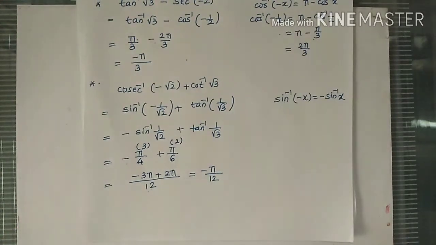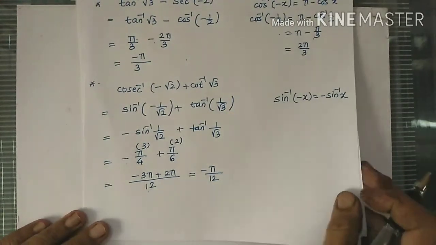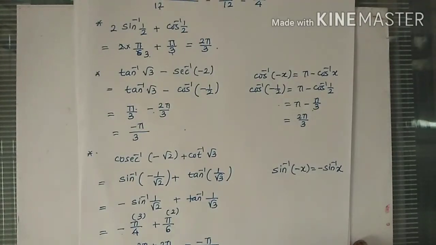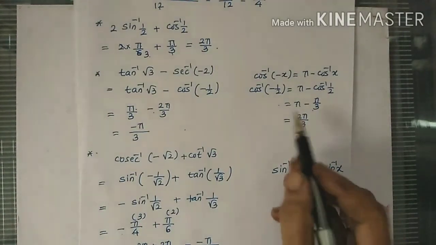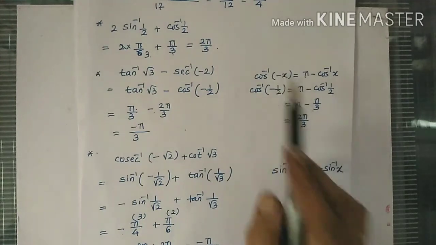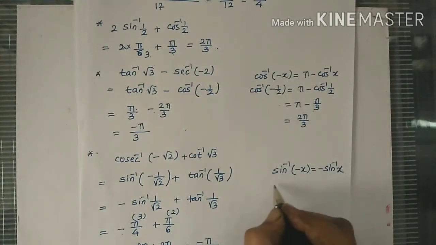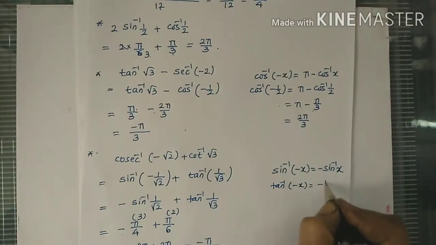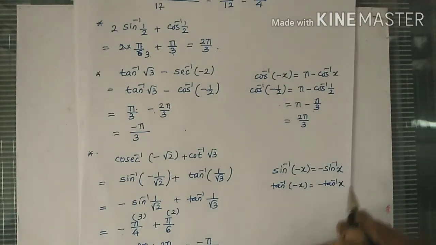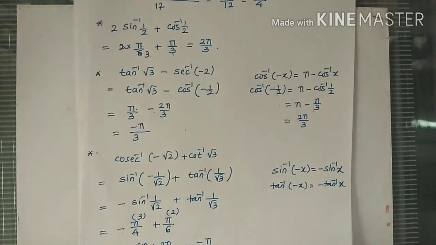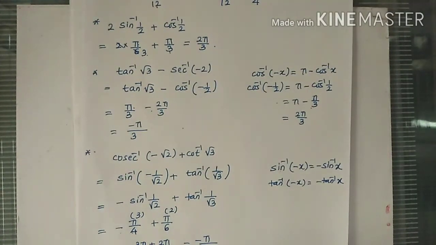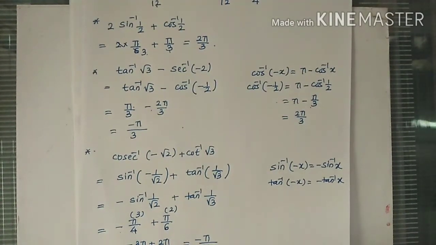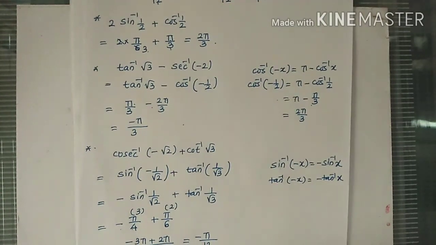So it's really very simple. Just convert those terms into sine inverse, cos inverse and tan inverse. And if it is a negative value, use these two tricks. For tan inverse also we have the same trick. Tan inverse of minus x is also minus tan inverse x. So using these properties, you will be able to solve the questions very quickly. It's really not that difficult. Just learn these properties and learn to use the properties as well.